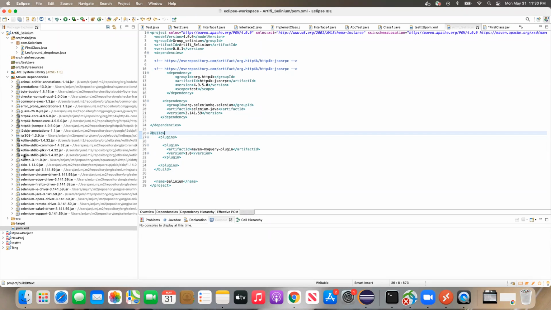Did you see here? Is it available here? No. It is not available here. This is one of the major differences. Whatever jar files plugins provide will not be available in the Maven Dependencies folder. That's the first difference.